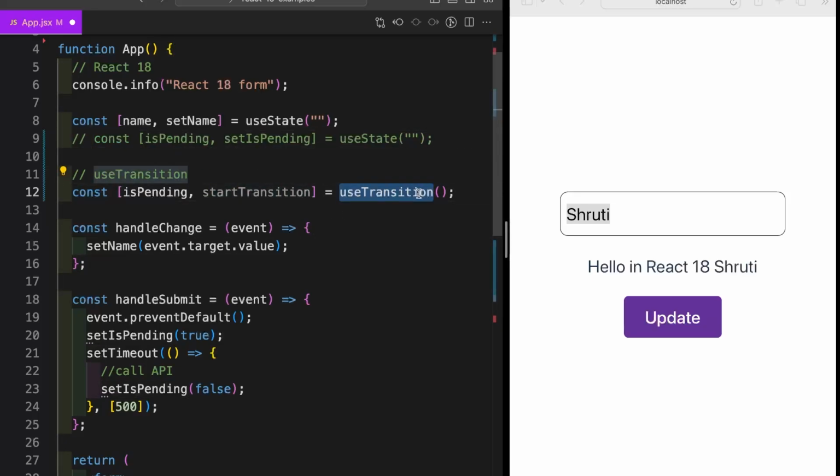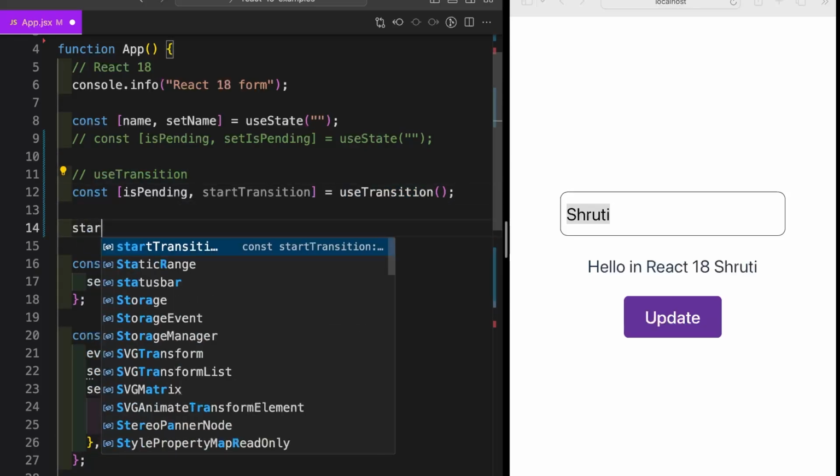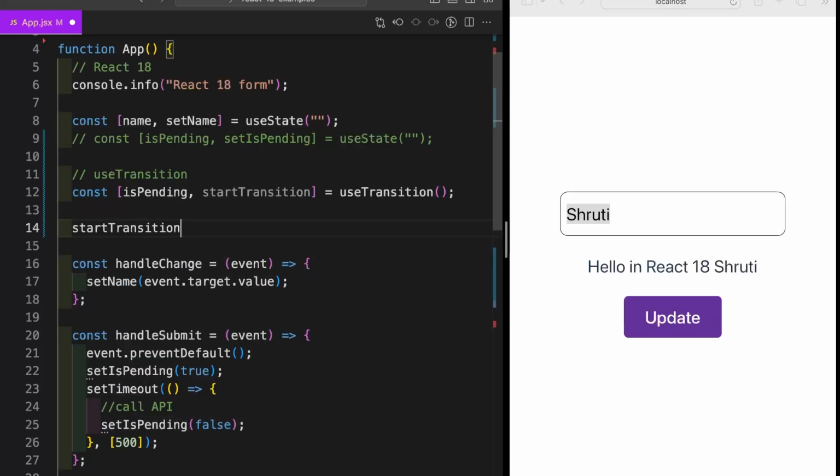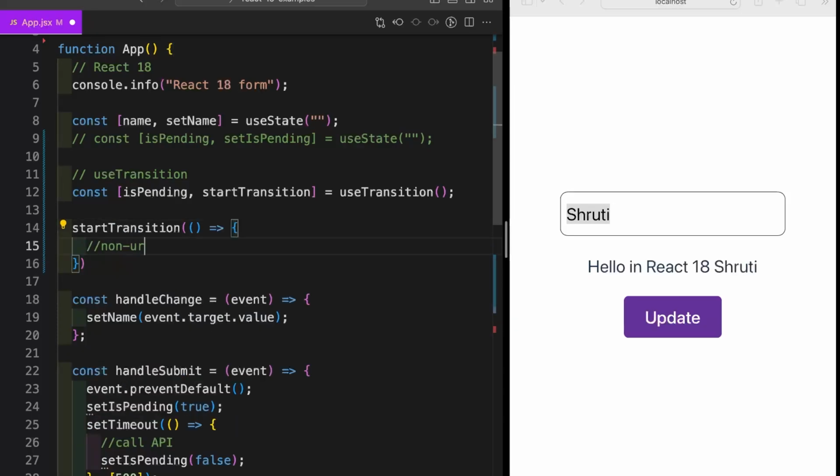The useTransition hook was introduced in React 18 to mark certain updates as non-urgent. What does urgent mean? It tells React to prioritize certain updates over other updates. So the way this works is you call the useTransition hook and you mark non-urgent updates with startTransition. And you put your non-urgent updates here. If you want to understand the useTransition and startTransition hooks, I'll have a video of these hooks linked in the